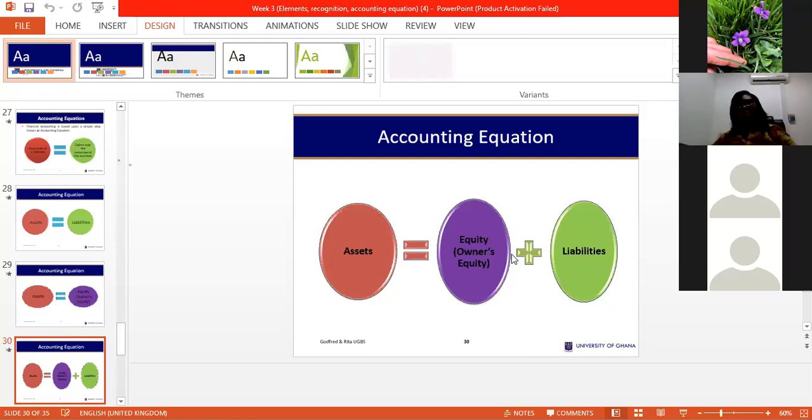Now, so this is what we refer to as the accounting equation. And it's just based on the simple analogy that the resources of the business are provided by either the owners or third parties and nobody else. All other people will fall under third parties. If you give me any example, you can mention any name. We have grouped all of them as third parties and referring to them as liabilities. Okay, whilst the owners will be referred to as capital, okay, and they provide the resources for the business.